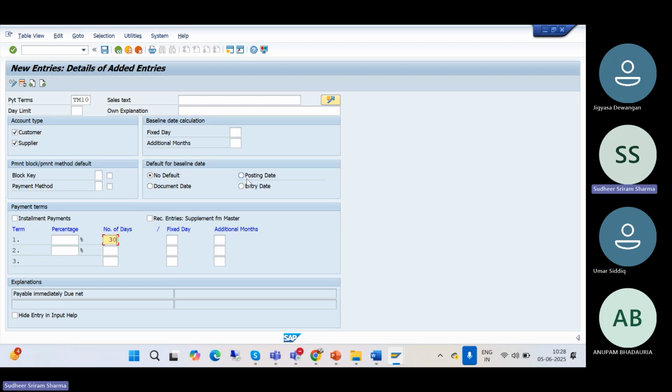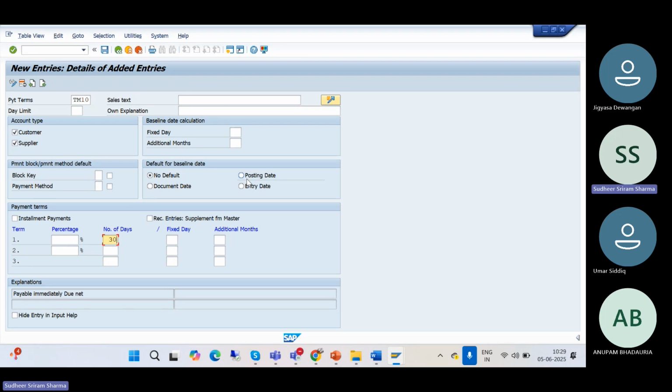Yes. Document date means what? A date when the invoice is prepared. Document date is nothing but the date which was mentioned in the document, that is nothing but the invoice, and we have to take it into consideration as the document date, as the invoice date, correct? Correct. Yes, sir. Understood? Yes, sir. Jigyasa? Yes, sir. Entry date means the system automatically takes it as the entry date. Okay. These are the 3 options given by SAP,